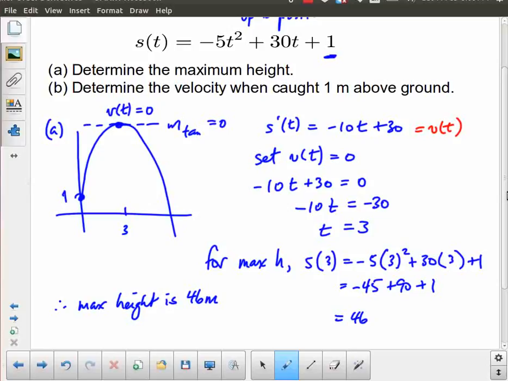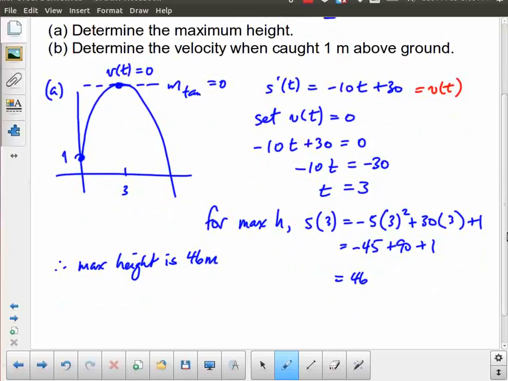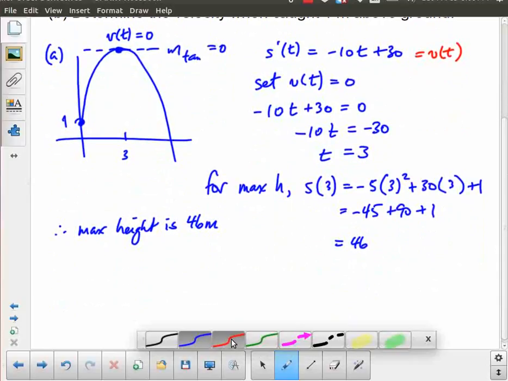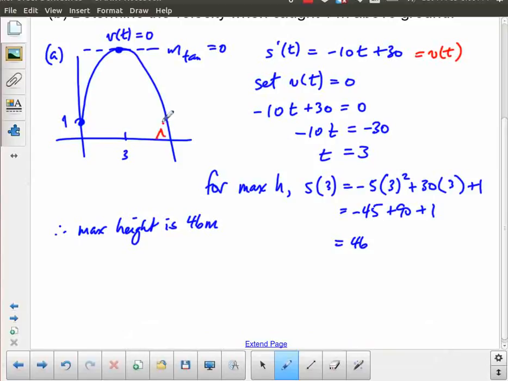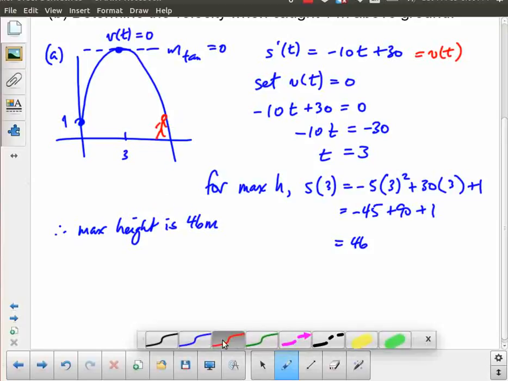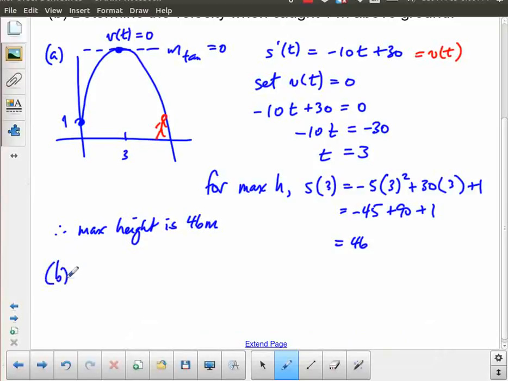Determine the velocity when it is caught 1 meter above the ground. So what it's saying here is that there's someone standing over here who catches it, hopefully not with their head, catches it when it's 1 meter above the ground. So what we have to do is solve for when that time occurs. When is it 1 meter above the ground? Now we could solve for s of t equal to 1,